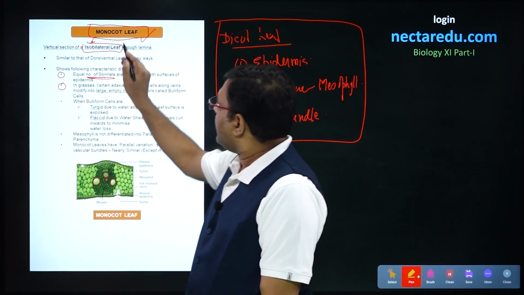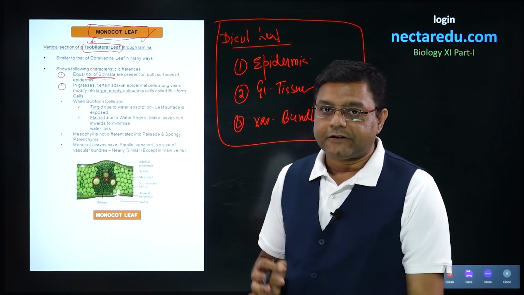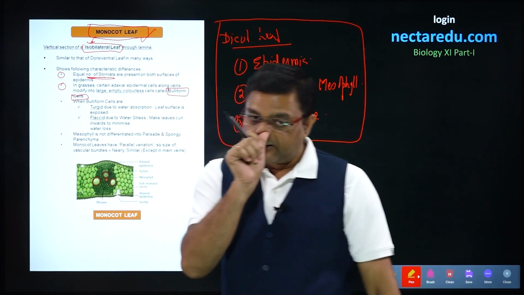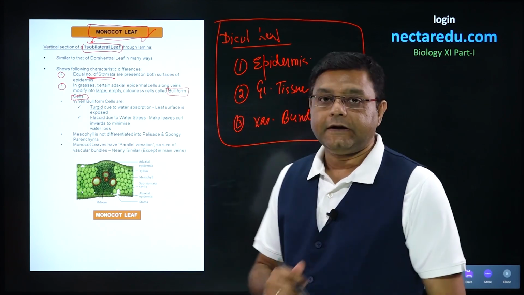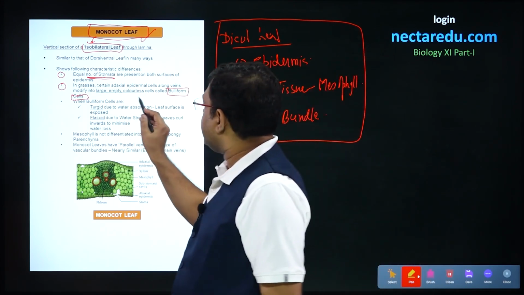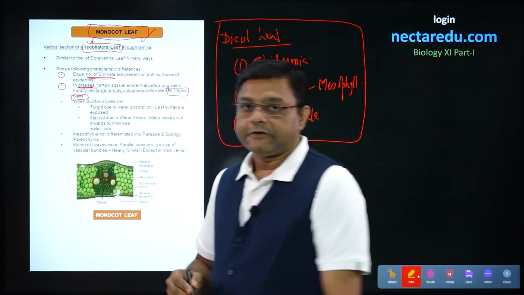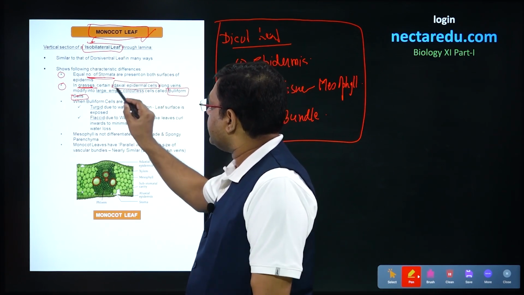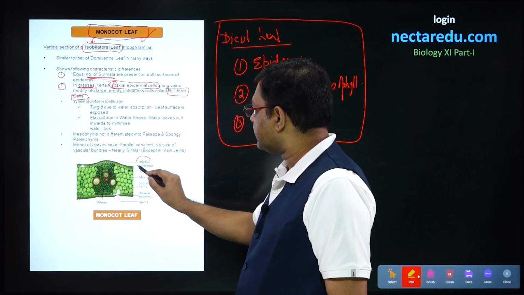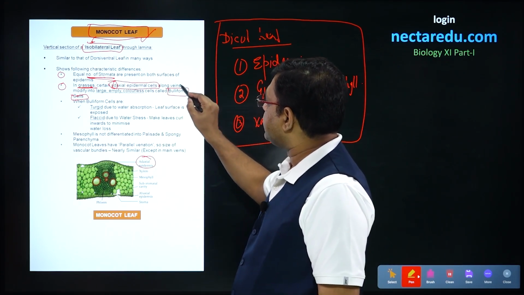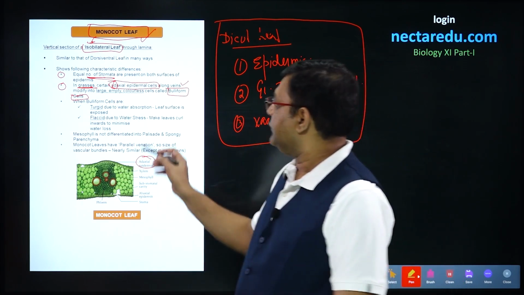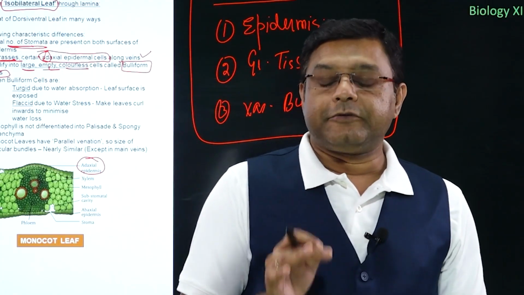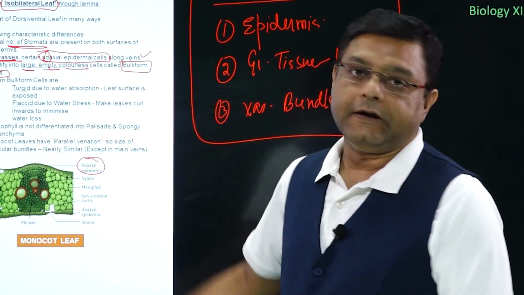Next, in the case of monocot leaf, there are special cells called bulliform cells. These bulliform cells are absent in the case of dicot leaf but are present in monocot leaf. An example of monocots in which bulliform cells are present is the grasses. Now these bulliform cells are actually adaxial epidermal cells. So the adaxial surface is the upper surface. Now, these epidermal cells along the veins will modify into bulliform cells, and these are large, empty and colorless cells. So, bulliform cells are a characteristic of monocot leaf.